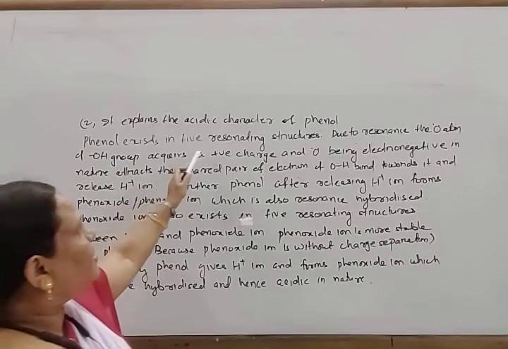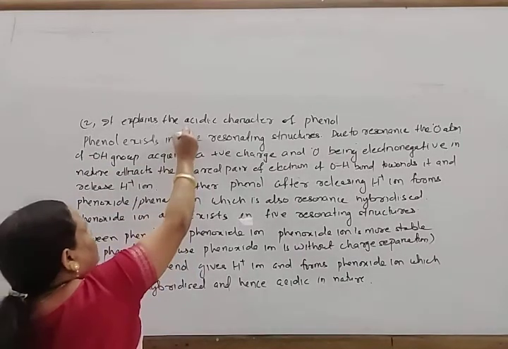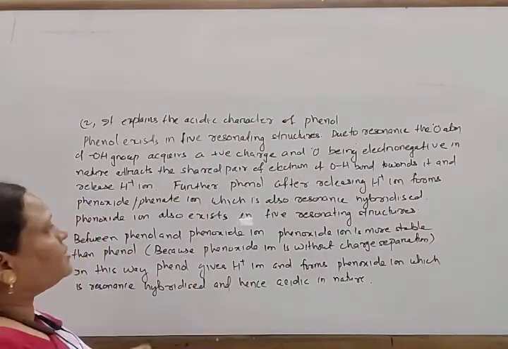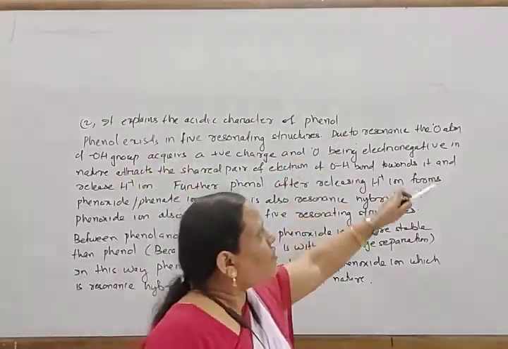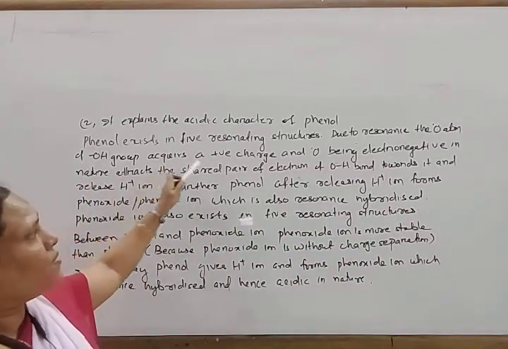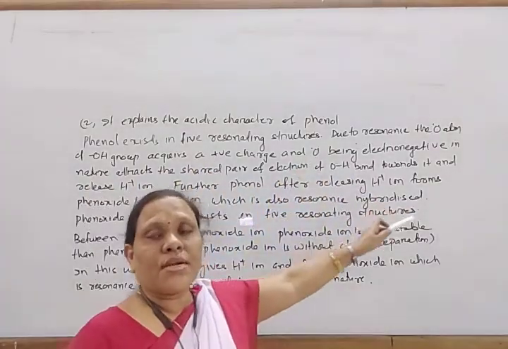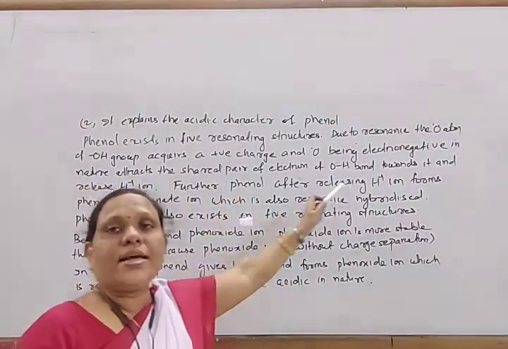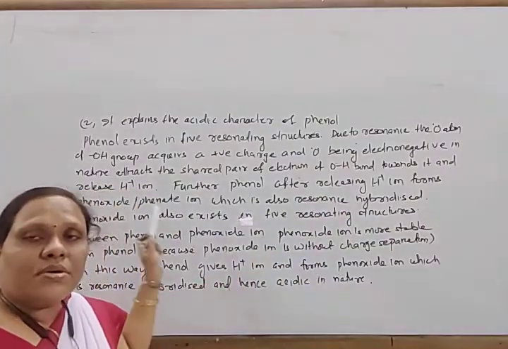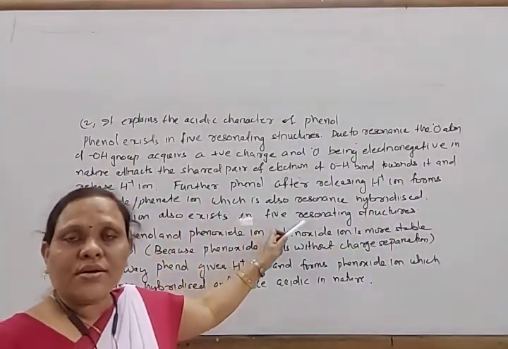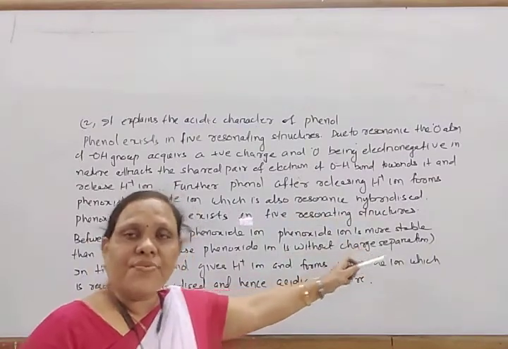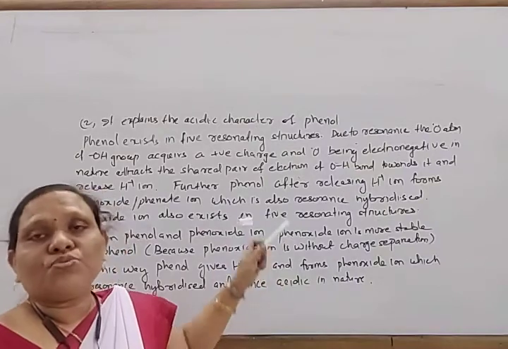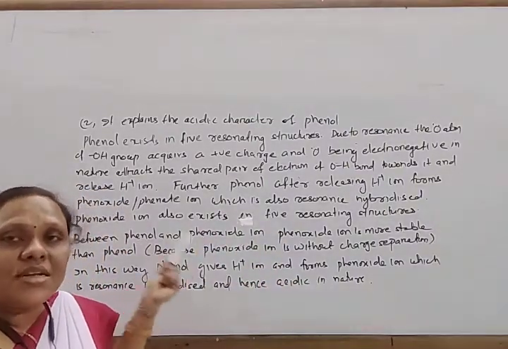Phenol exists in 5 resonance structures. First we have to draw these resonance diagrams, the 5 resonance structures. Due to resonance, the oxygen atom of the OH group acquires a positive charge, and oxygen being electronegative attracts the shared pair of electrons of the OH group towards it and releases H plus ion. Further, phenol after giving H plus ion forms phenoxide ion, which is also resonance stabilized. This phenoxide ion also forms 5 resonance structures, but it is more stable than phenol because it is without